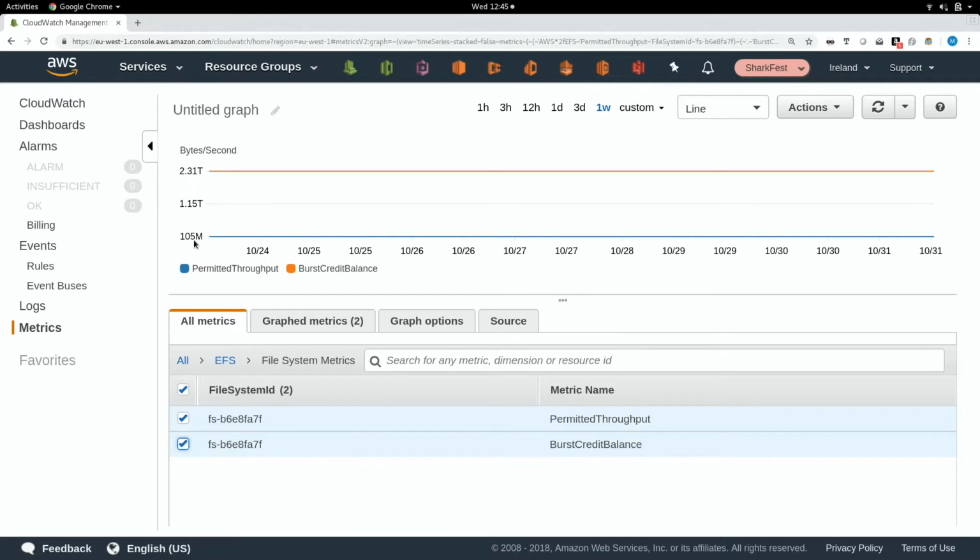As you can see, we're not really writing anything to it, so it's not that important for the purpose of this, or the fact that everything's flatlined, should I say. So that's EFS, and that's one option, and that's great, and you can configure loads of machines to write data across to it.